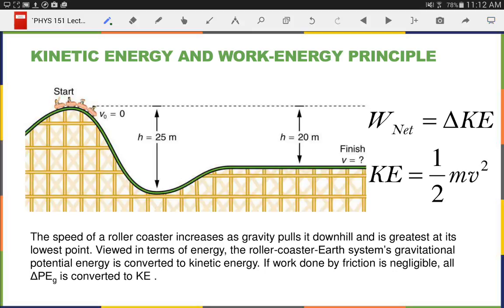Okay, now my slide that has kinetic energy. Kinetic energy, the energy in motion. Here's a very standard kinetic energy problem. You have a roller coaster, starts at the top, comes down, goes through a dip, and then comes out at the end. This is a problem that we could have looked at earlier on, but it would have been really hard to solve. If you tried to solve and say, okay, what's the speed of the roller coaster at the end of the track, assuming no friction,